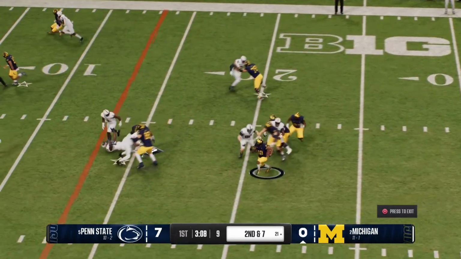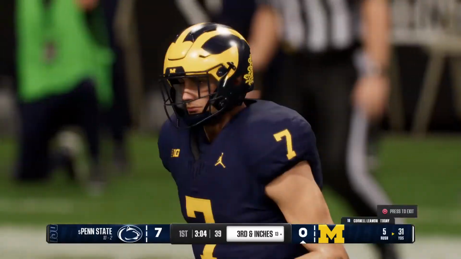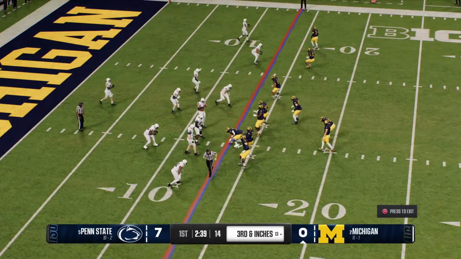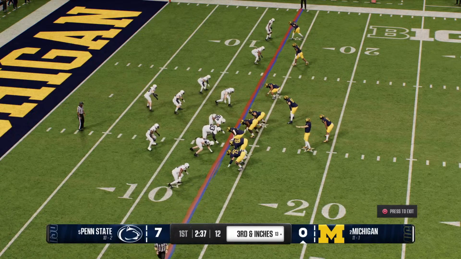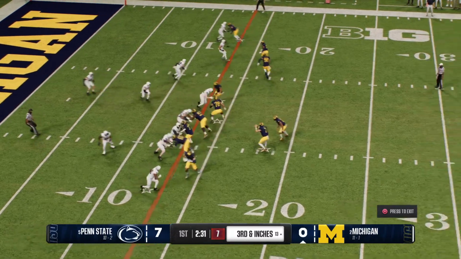Back behind the quarterback, aligned in a pistol. He'll hand it off. Picks up a gain here. They'll stop him just a few inches short of the first down marker. And they convert here on third down in the red zone. This is a 4-point type of play, touchdown or field goal.